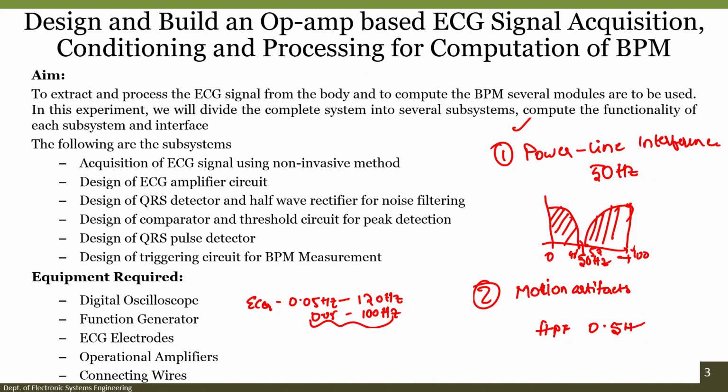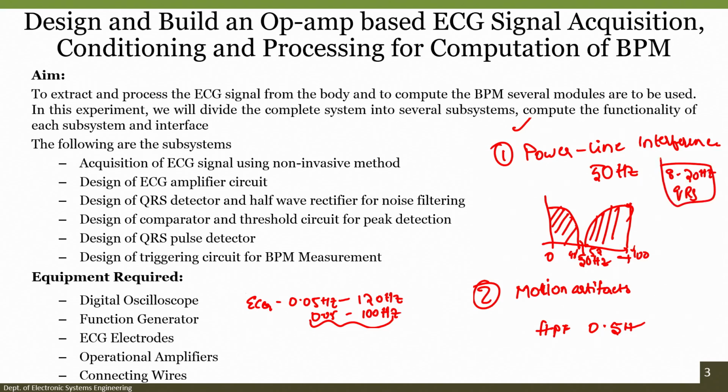BPM, meaning beats per minute, is generally calculated by counting how many QRS peaks we are getting in a particular interval of time. If I calculate in terms of minutes, I will get how many peaks we are receiving in a minute, which is the BPM, our heartbeat rate. To understand this, if I know the general frequency of our QRS, it will be somewhere around a maximum of 20 Hz. So somewhere around 8 to 20 Hz is the frequency of our QRS peak.